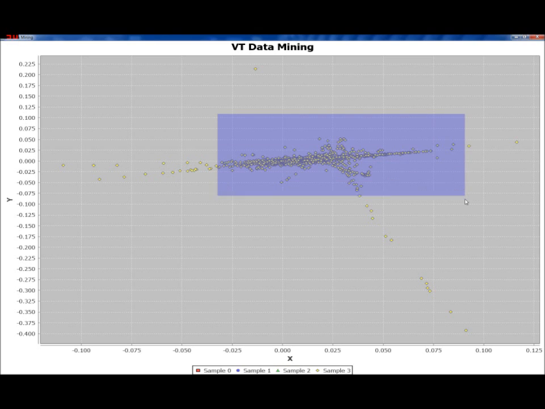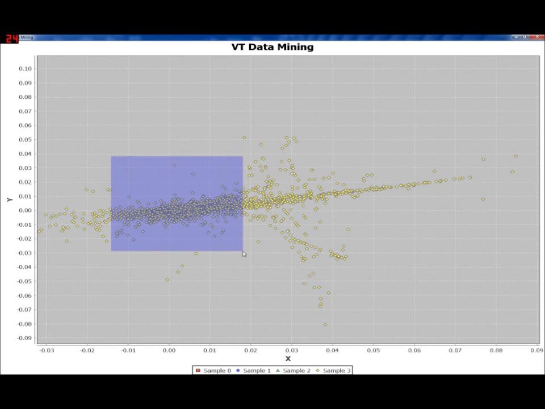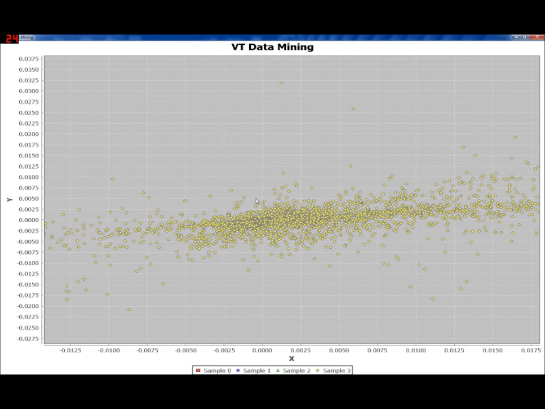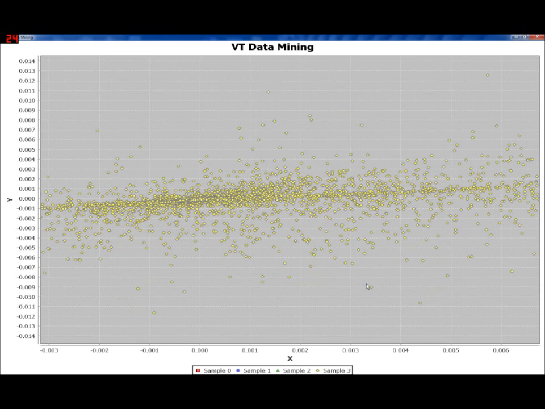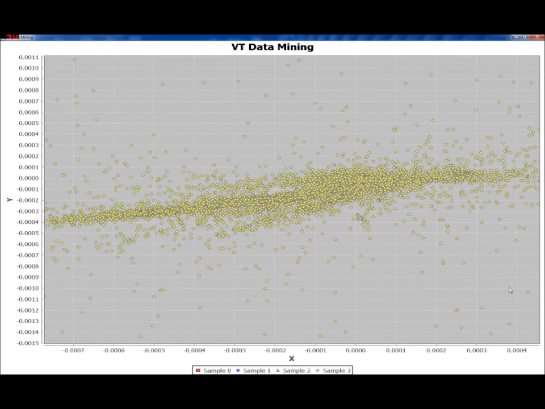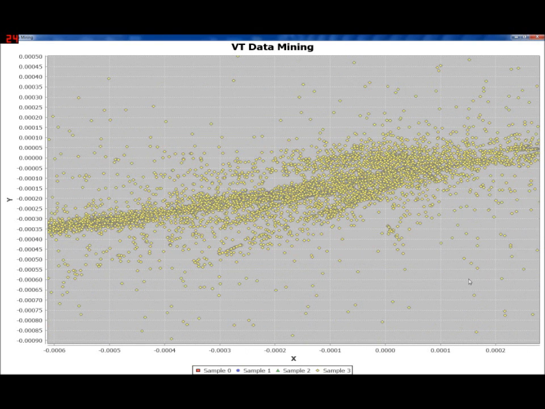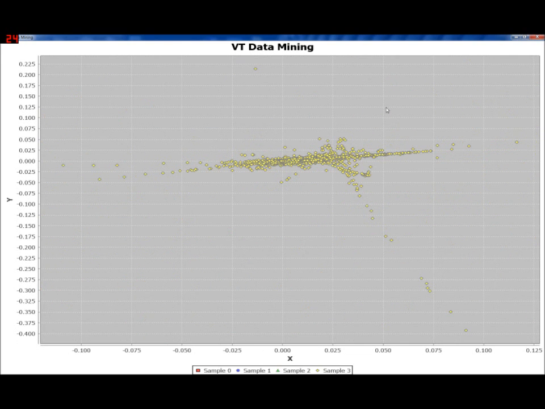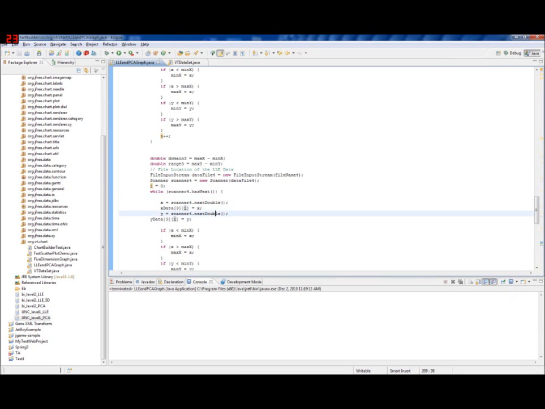So we can zoom in on these points and see exactly where the clustering is occurring using this visualization. We can zoom down and we'd see this highly dense cluster right there. It's very user-friendly, and there are about 22,000 points total, and as you can see, this cluster right here contains about 50% of those data points. So we're going to zoom back out,